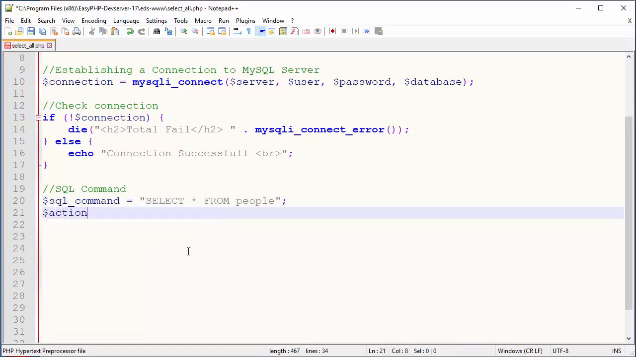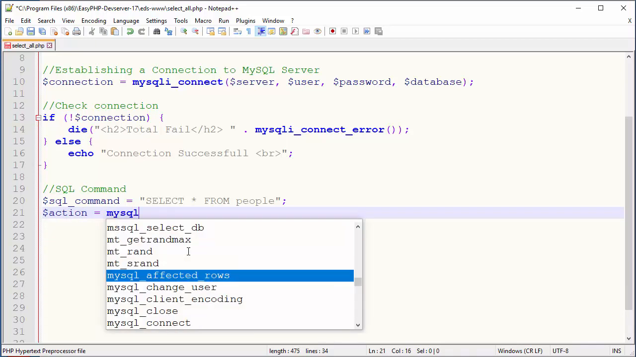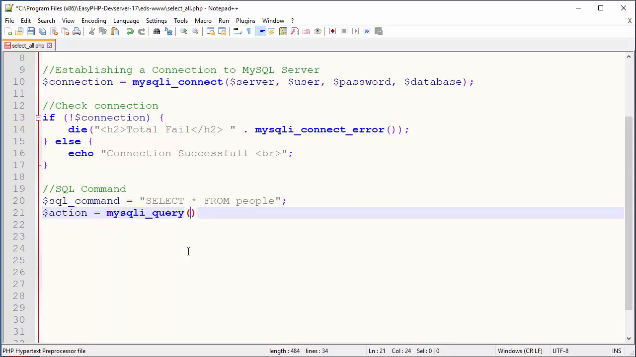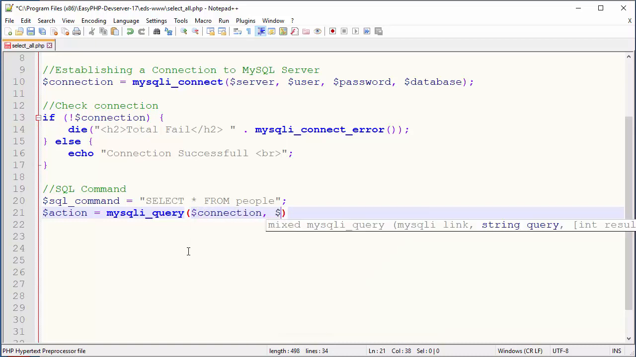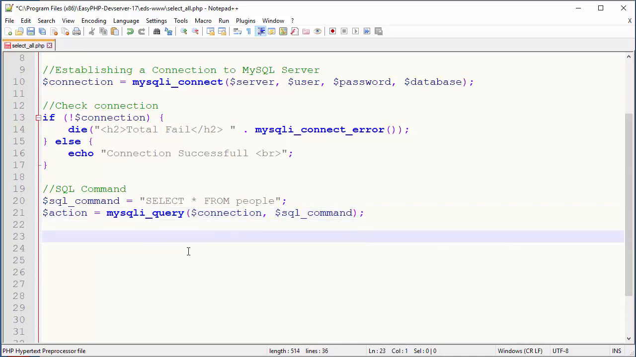So action equals, you know this from last tutorial, nothing special here, MySQLi query, and that thing demands left side and right side, two arguments, first connection and then actual command, which we have SQL command. Okay, and down there we need to work with individual rows from general report, and we'll do that using while